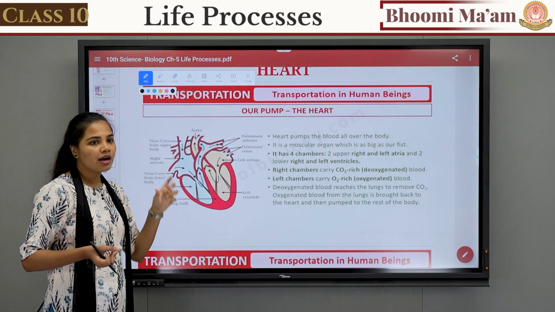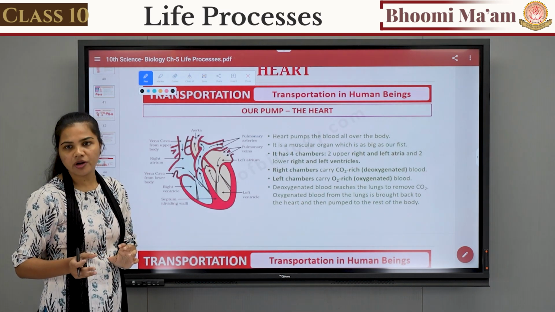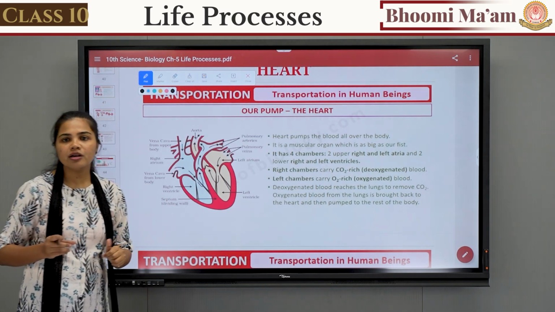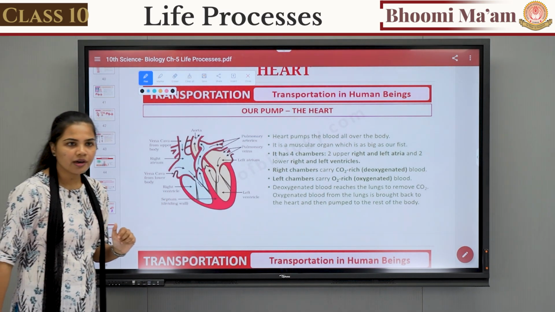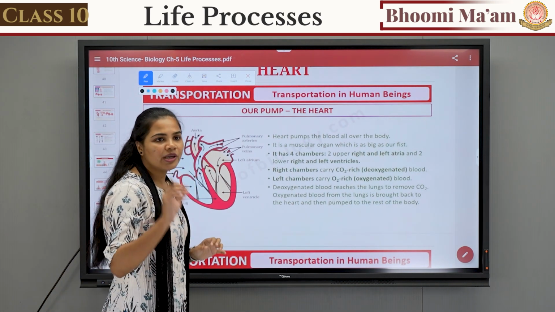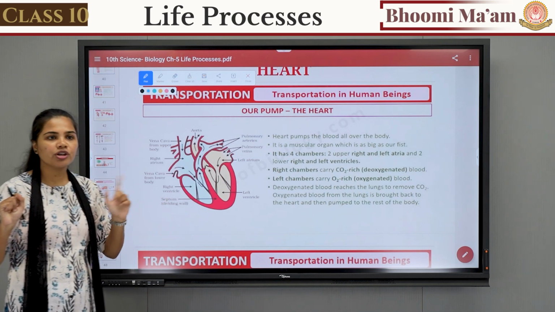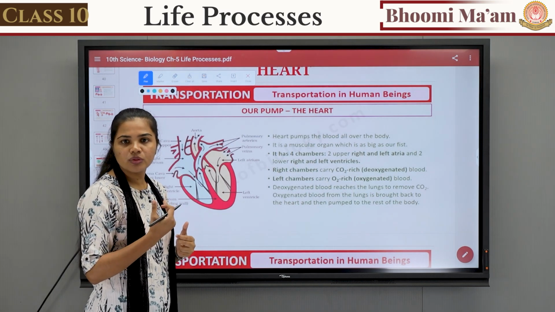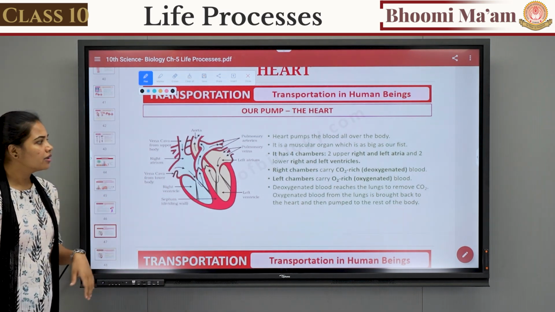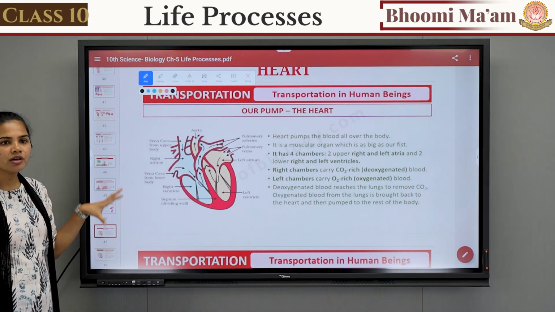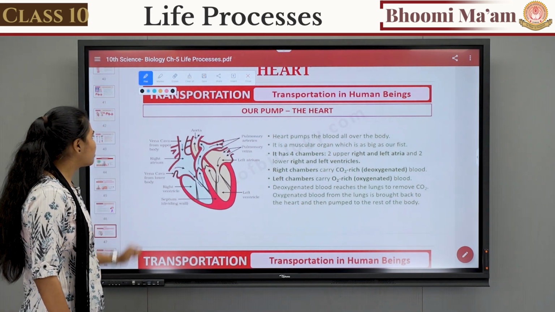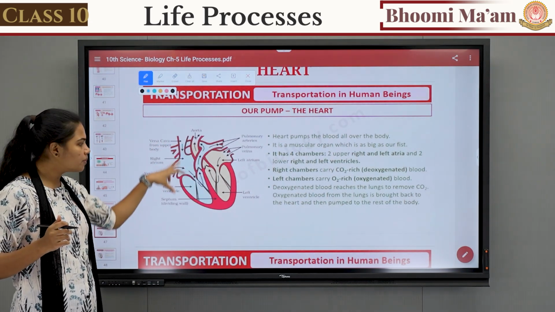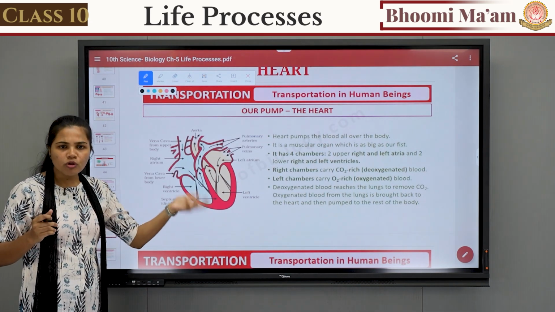As we all know, the heart is the main pumping organ of our body, which pumps the blood to all the parts of the body, right? The size of the heart is as big as our fist. The location of the heart is in the thoracic cavity, tilted towards the left side, right? So let's start with the different parts of the structure of the heart. In this you can see there are various labeled parts. Before going into detail, we will study some more points regarding the heart.